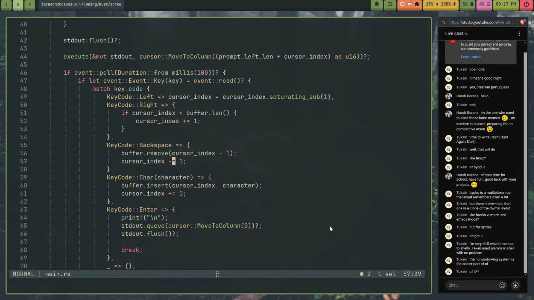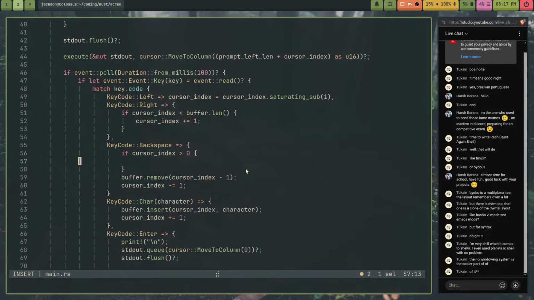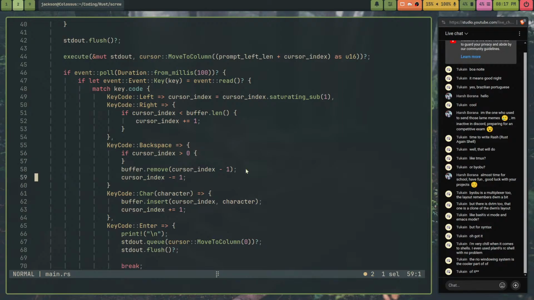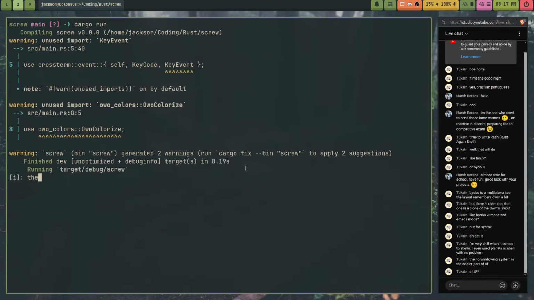So I need to add a check where if cursor index is more than 0, then do this. So now, hey, let's go. It works. We got backspace, baby. All right, so now